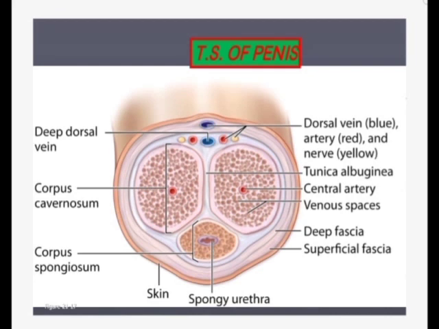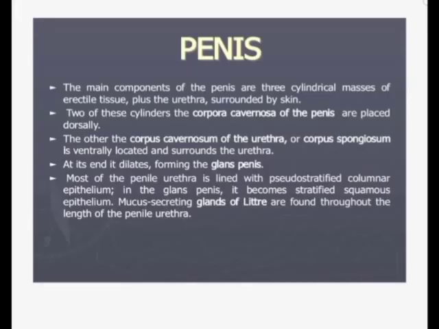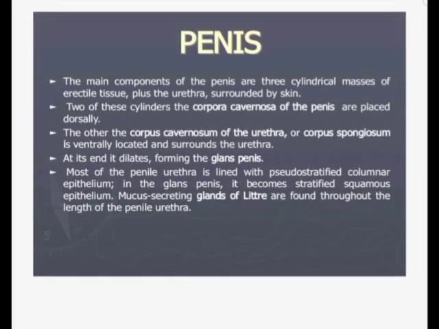And you can also identify the tunica albuginea, a very thick white membrane or the capsule, as we have seen in the case of the testes. The tunica albuginea surrounds the corpus. So these three cylinders of the erectile tissue are surrounded by subcutaneous tissue, which is devoid of fat but contains a large number of smooth muscle fibers. The skin covering the organ is delicate, elastic and hairless except at the root. It contains small sweat glands and a few sebaceous glands which are not associated with the hair follicles. So there are no hair follicles here.